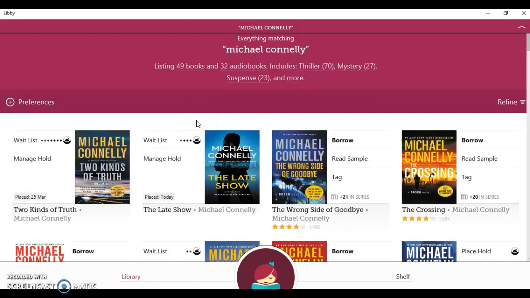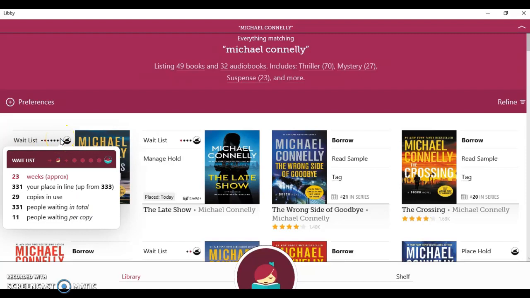You can then look at the items here and you can tell which ones have a hold because it will say there's a wait list. To tell how long it might be is a function that Libby provides that is really nice for patrons. If I'm interested in this book, it will tell me that it's approximately 23 weeks before it would be checked